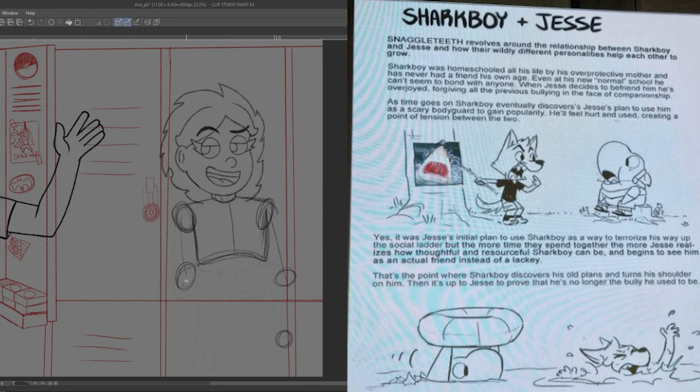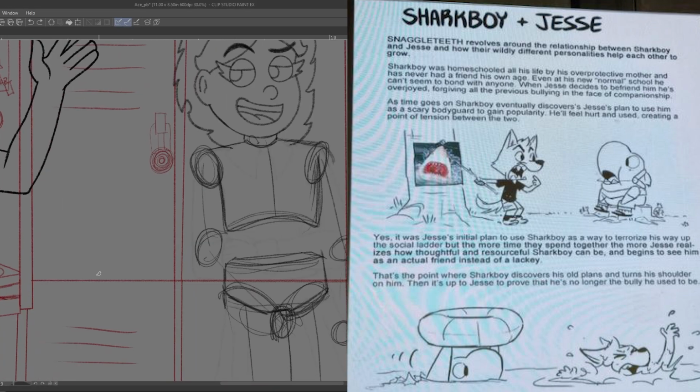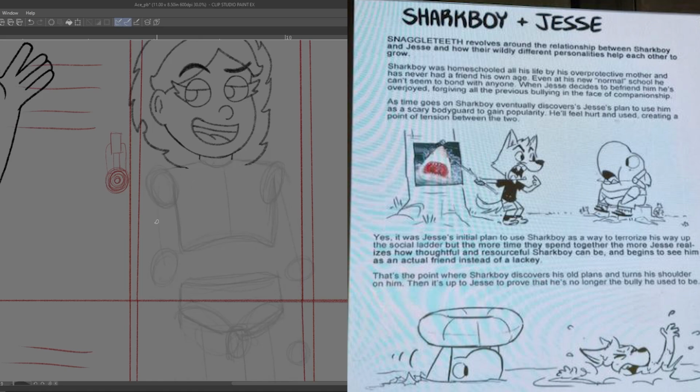In regards to layout, I actually really do like it. I like that it has these scenarios of them, like in the other pages, and quick little doodles of them interacting. It's kind of funny to see. I can already tell, by reading what I've read, that Jesse's motioning towards the tree like, you need to be big scary shark, pointing at the tree, and Shark Boy's like, oh yeah, he has that cute look on his face. That's a fantastic character design. But anyways,